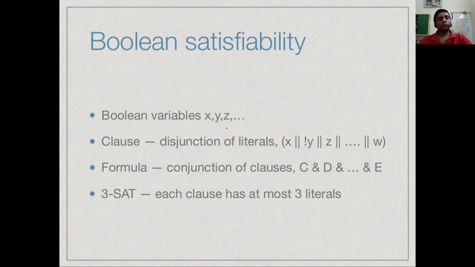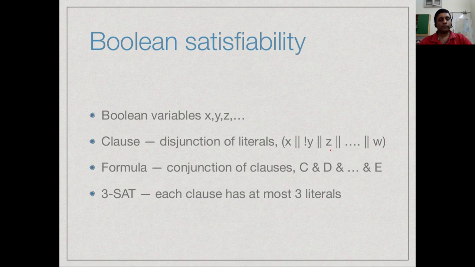So we start with Boolean satisfiability. Recall that in Boolean satisfiability, we have clauses. Clauses are composed by a disjunction of literals. So we take X or not Y or Z or so on. We have these ORs strung together to form a clause, and then we put these clauses together with an AND. In general, we argued that it is hard to think of how to find a satisfying assignment, but if we get an assignment of values for all the variables, we can quickly check whether it makes the formula